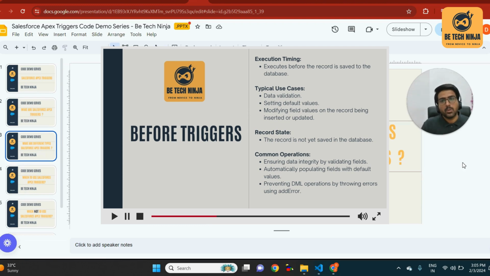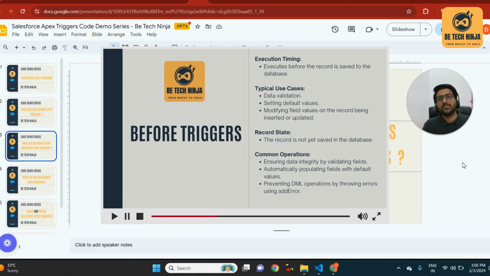For example, you can define certain Apex triggers before delete of a record, before update of a record, or before insert of the record. You might want to perform certain actions before the events are taken on the record. For example,